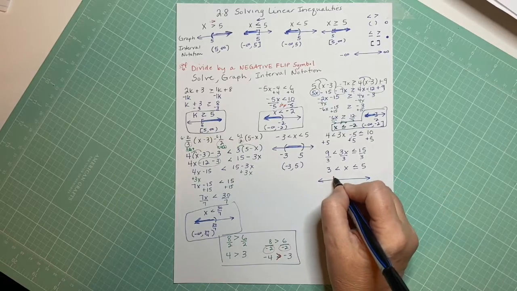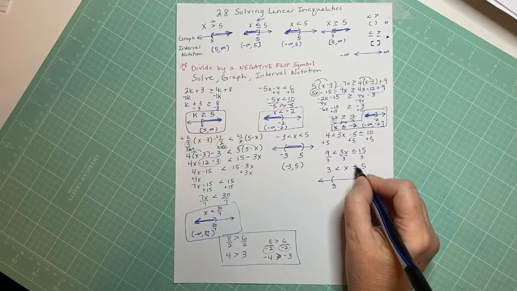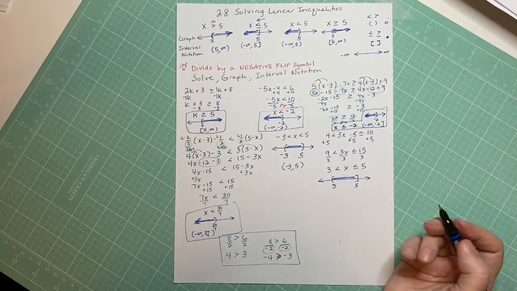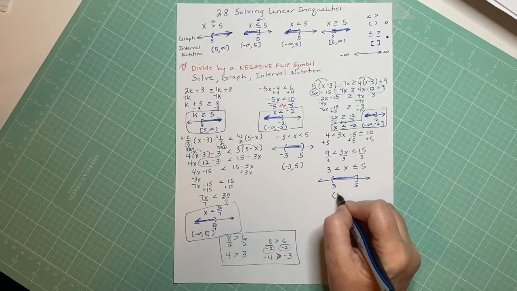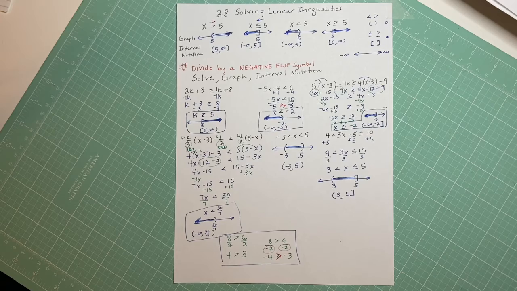But for this one, it's going to be a parentheses at 3 and a bracket at 5 this time because of that less than or equal to, and shade everything in between. And so that's parentheses 3 to 5 bracket. And so that's 2.8. You're now ready to